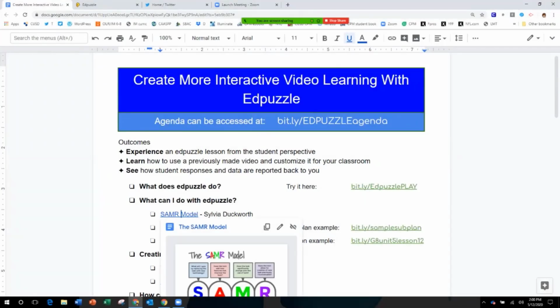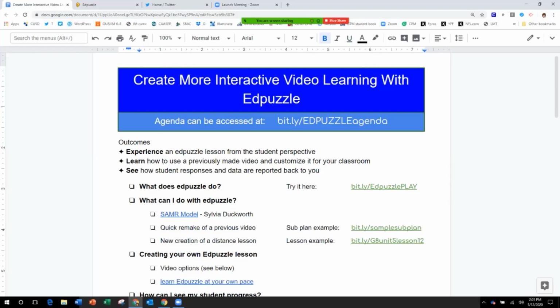Today we're going to talk about creating more interactive video learning with EdPuzzle. That's just one of many tech options that are out there right now that we've been learning right and left in the last few weeks while we've been in distance learning. I know in the last 2 weeks, I took a deep dive and tried to learn about 100 things. This is one of the things I learned in the last 2 weeks. So that's kind of a testimony to how simple it is to start using this technology and how much support